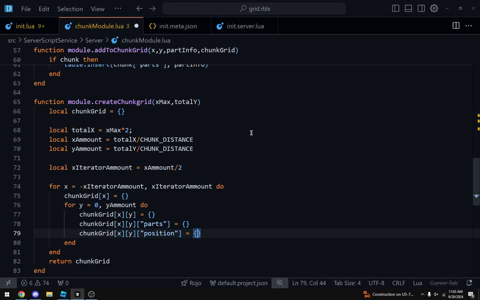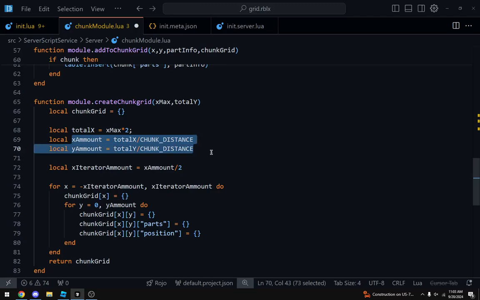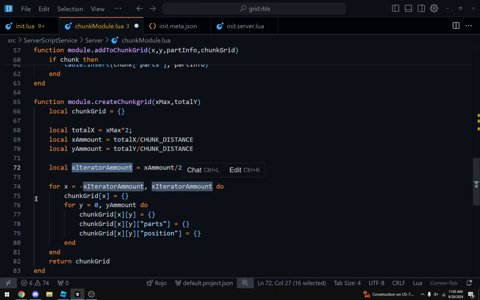So to create something in the center, we need the X amount and Y amount. Here's the number of X's we have. And to get the center, we need to get the value of that position.